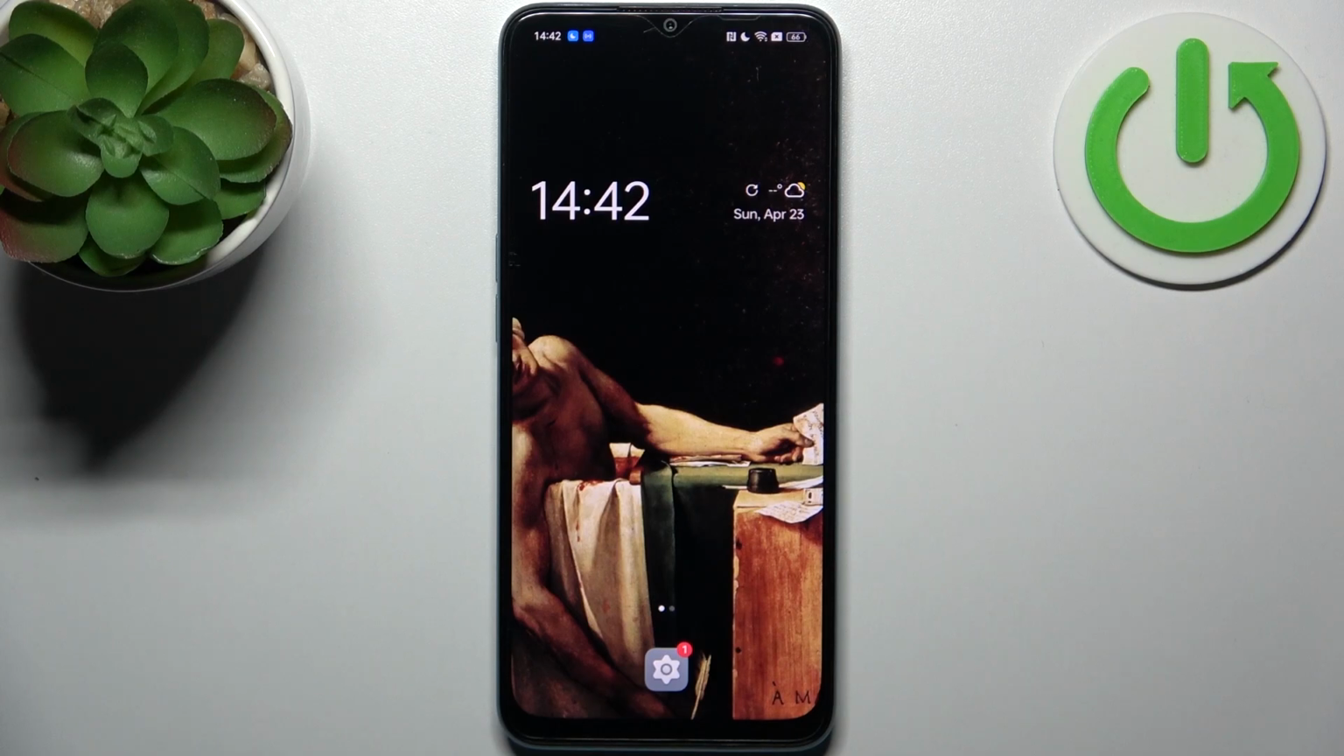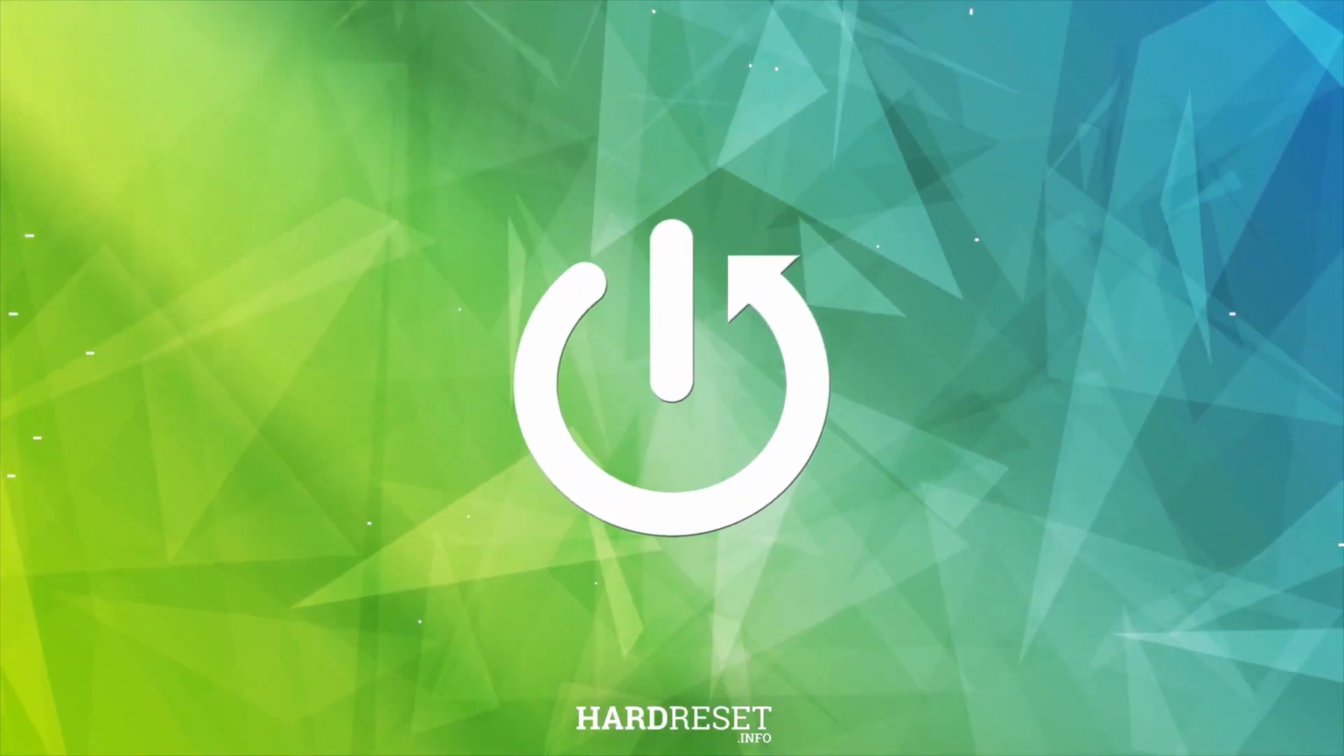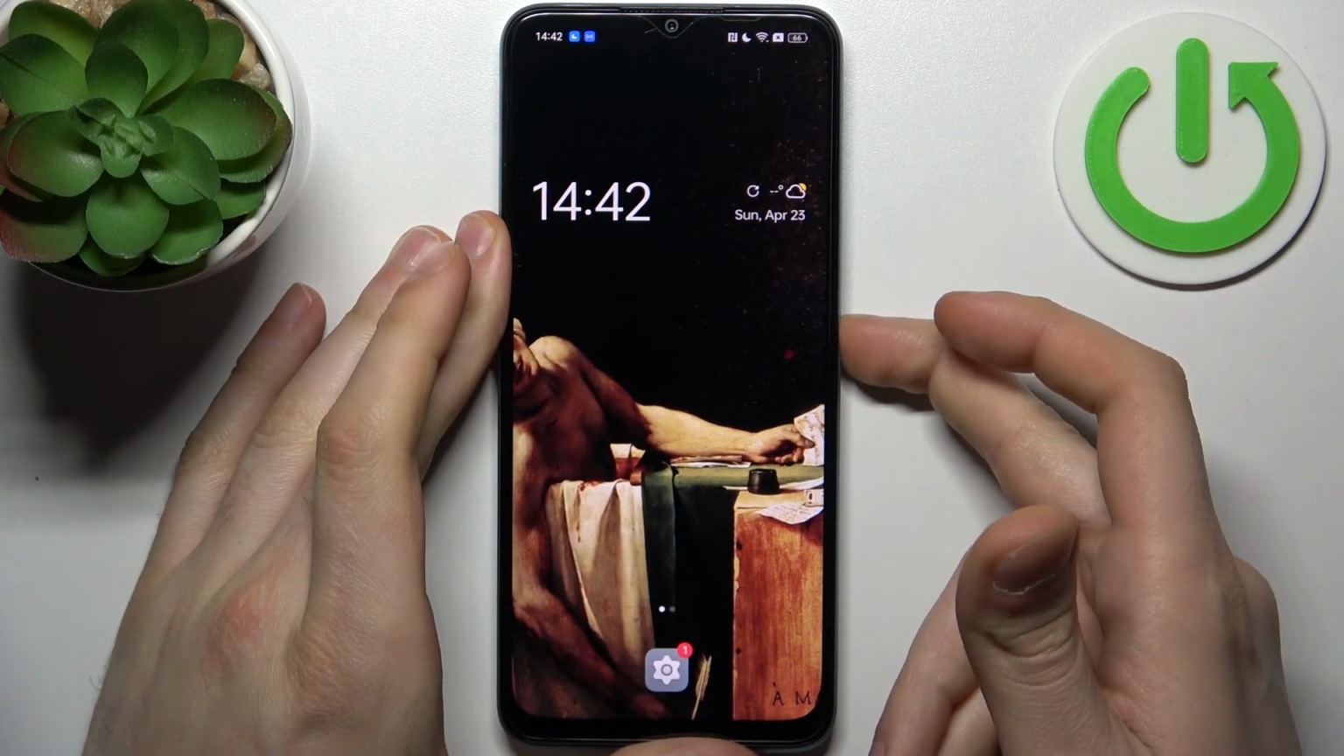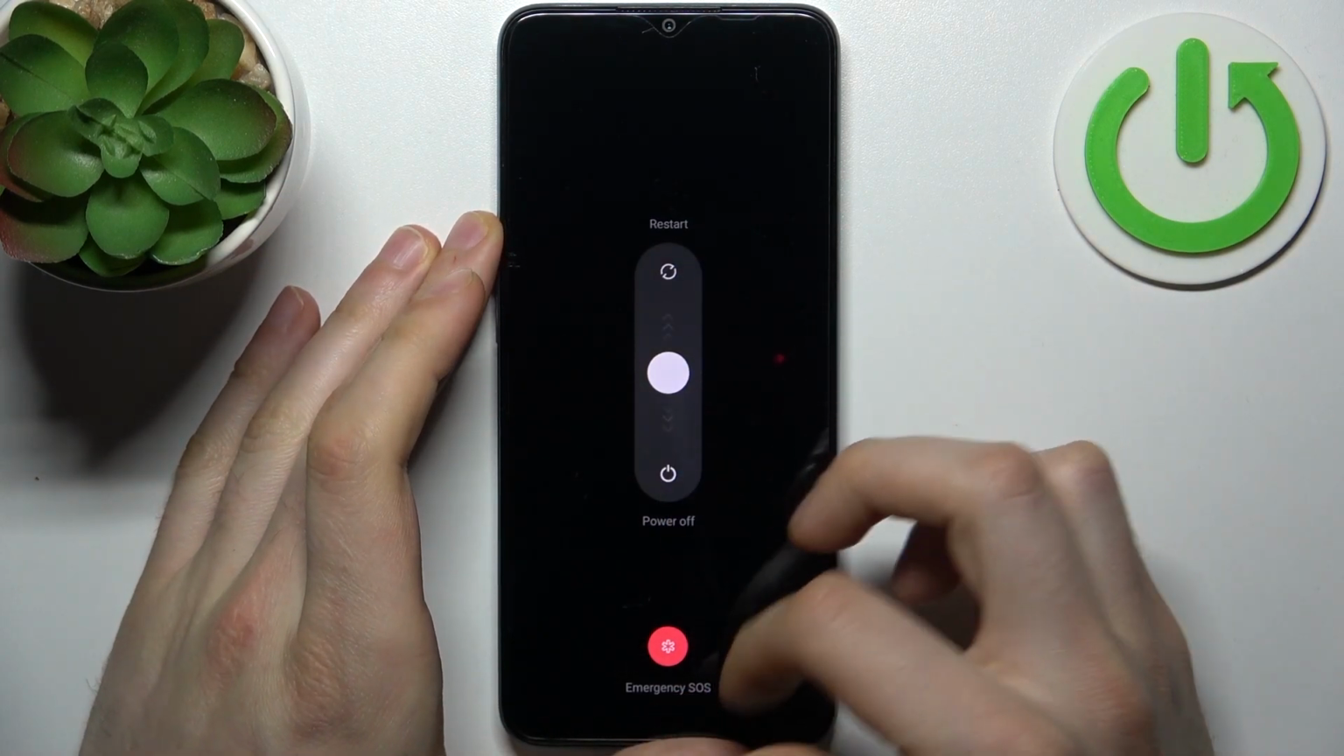Here I have OPPO A1X, and today I'm going to show you how to enter recovery mode on this device. So to do this, firstly you have to turn your device off by holding down power key, then slide power